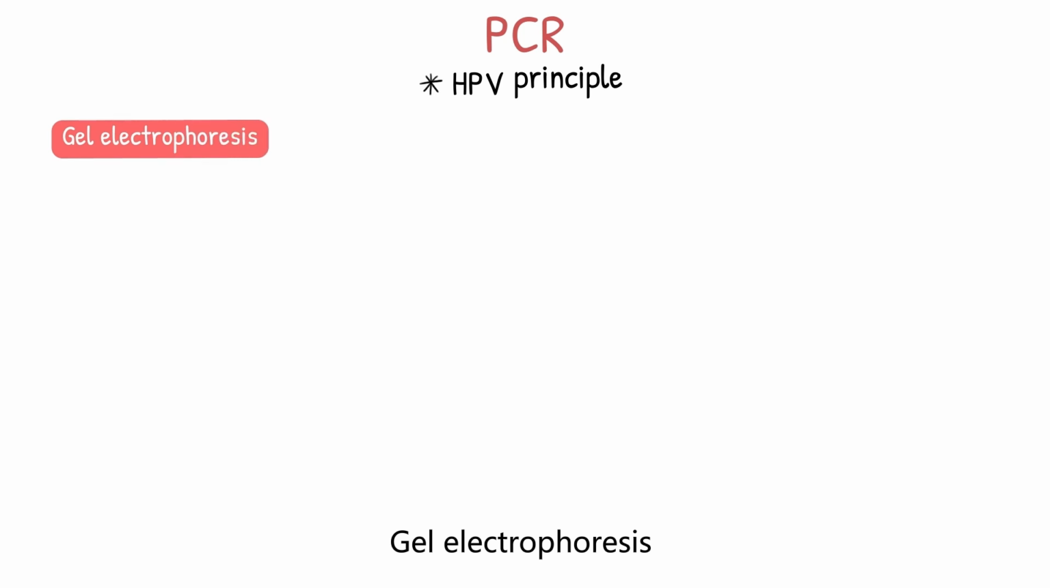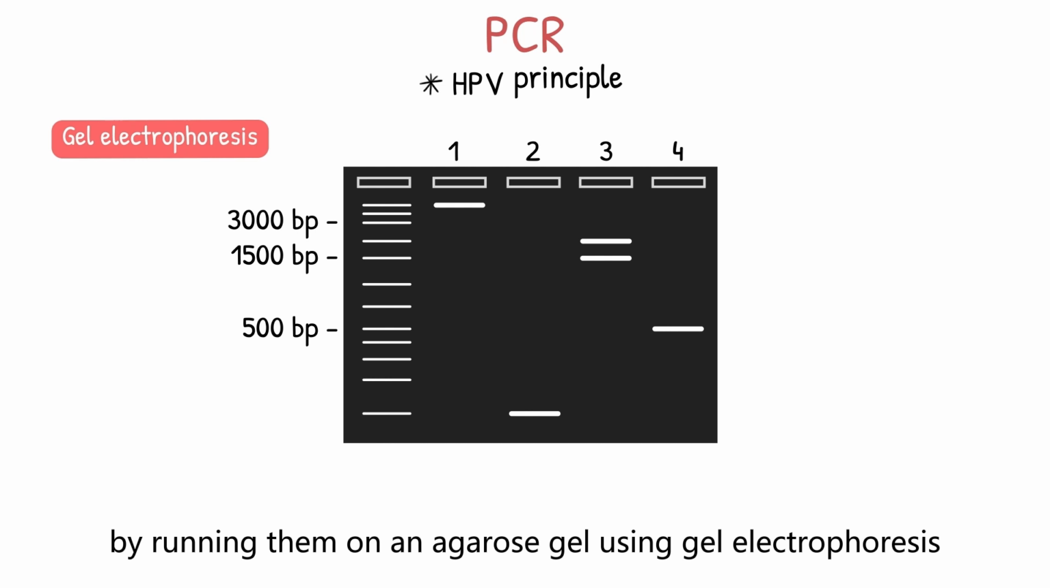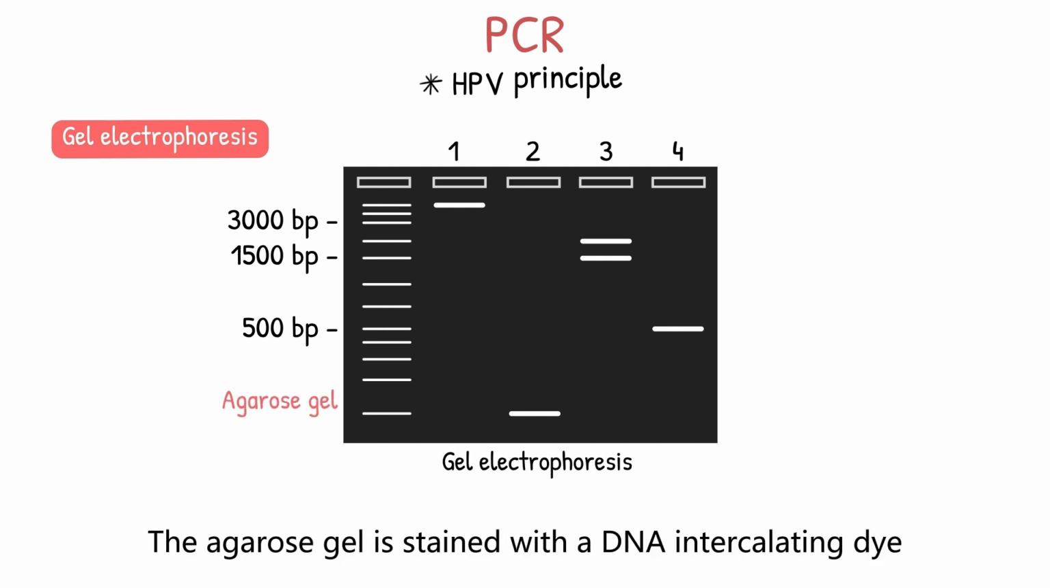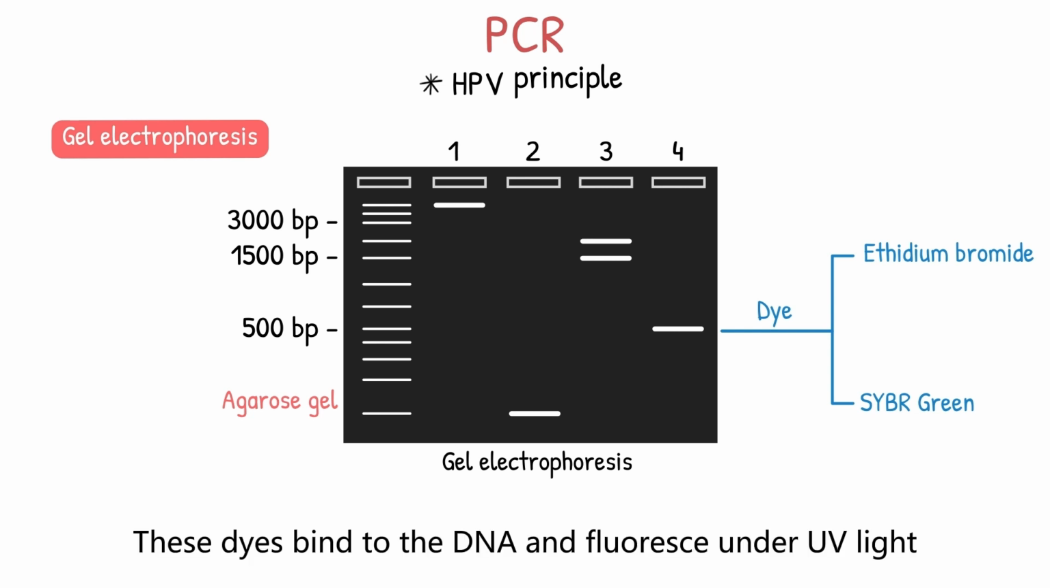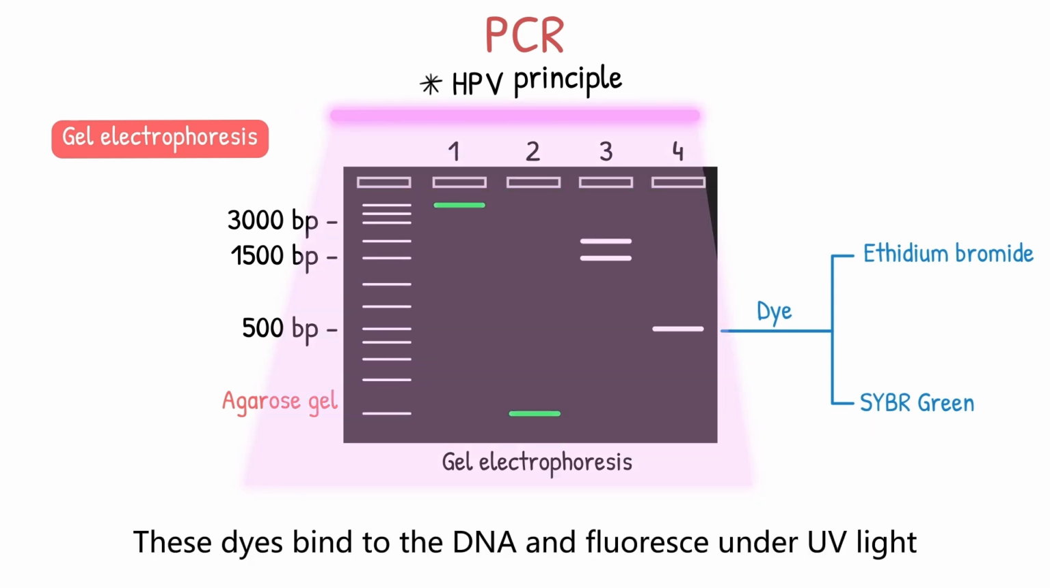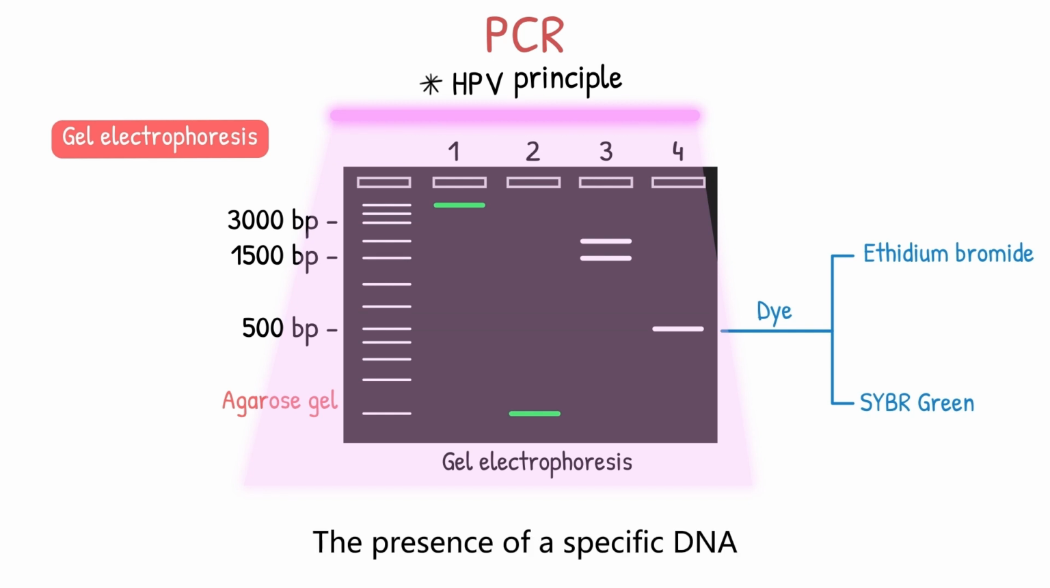Gel electrophoresis. One way to analyze the PCR products is by running them on an agarose gel using gel electrophoresis. The agarose gel is stained with a DNA intercalating dye, such as ethidium bromide or SYBR Green. These dyes bind to the DNA and fluoresce under UV light, allowing the DNA fragments to be visualized. The presence of a specific DNA band of the expected size on the gel indicates the presence of HPV DNA